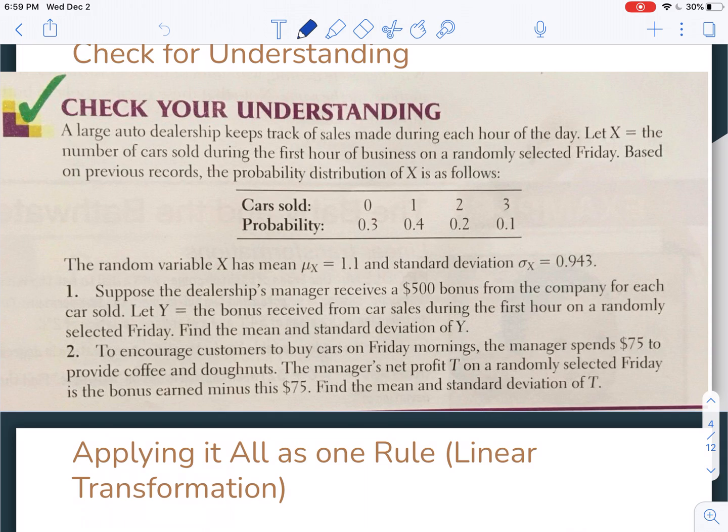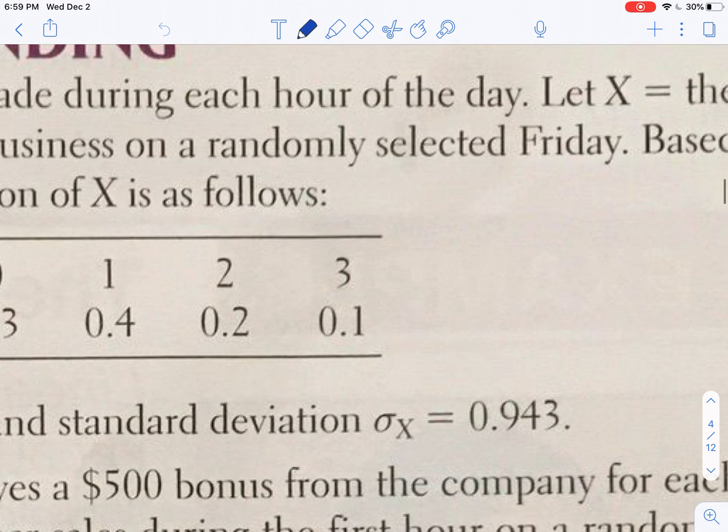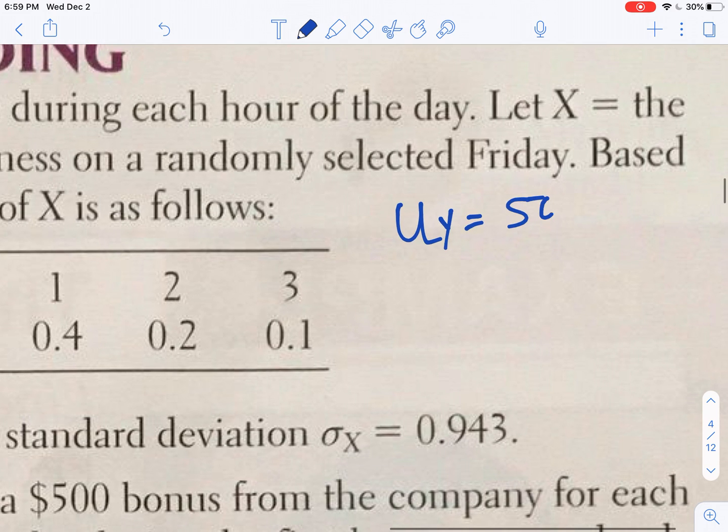So let's suppose the dealership's manager receives a $500 bonus from the company for each car sold. Let Y equal the bonus received from car sales during the first hour on a randomly selected Friday. Find the mean and standard deviation of Y. So here all we have to do for number 1 to find the mean of Y, which is denoted by μ of Y, we're going to do 500 times 1.1,